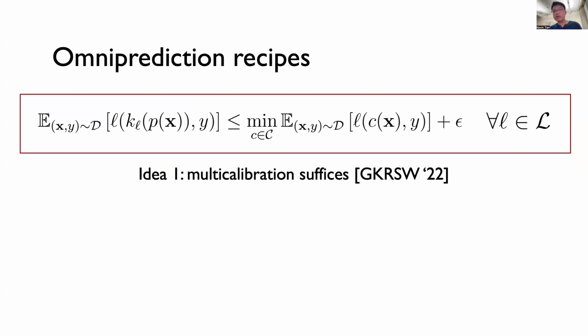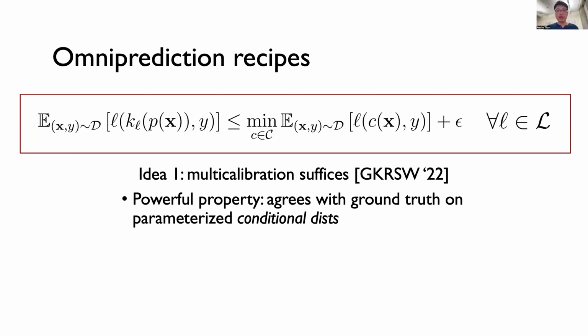Okay, so what was previously known about this problem? Zooming out a little bit, the original work that introduced the definition of omniprediction showed that a general recipe can be constructed for omniprediction through the notion of multi-calibration. Now, multi-calibration is another recent learning theoretic definition, which comes from the algorithmic fairness literature. And the rough idea of multi-calibration is that your predictor should agree with the ground truth when conditioned on various conditional